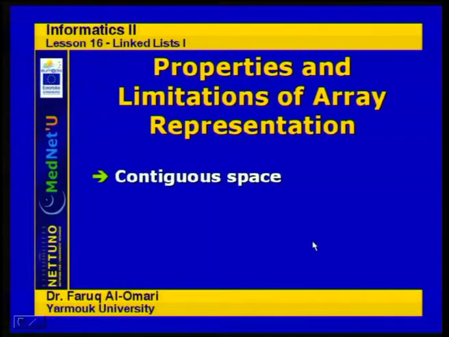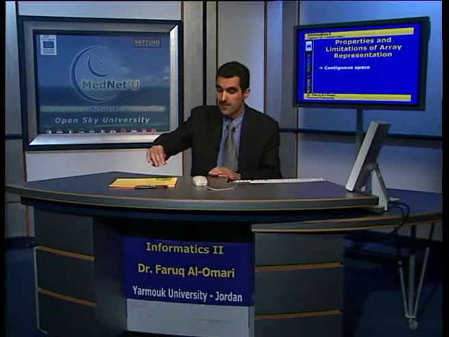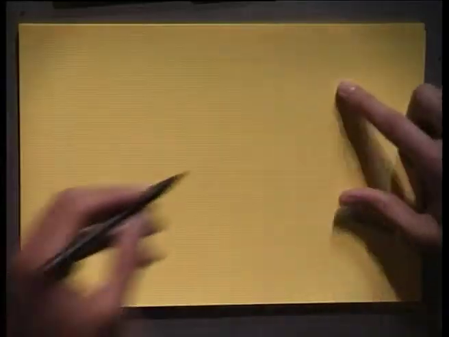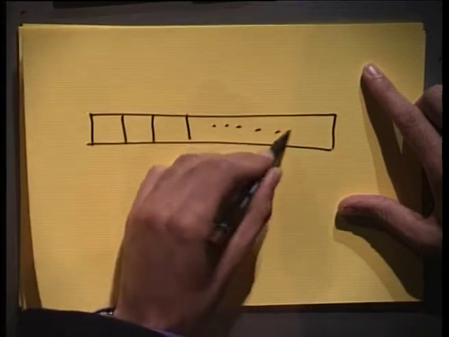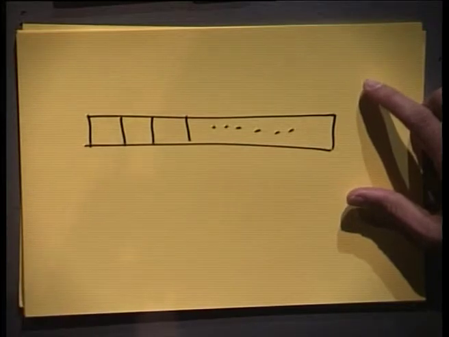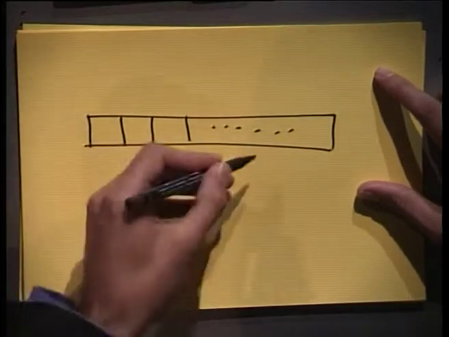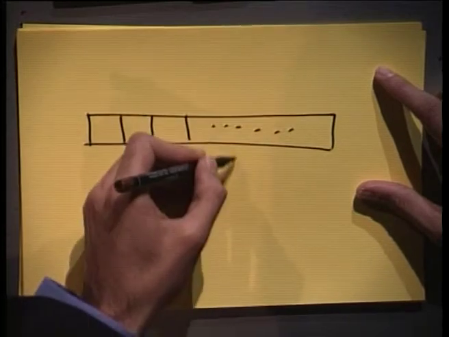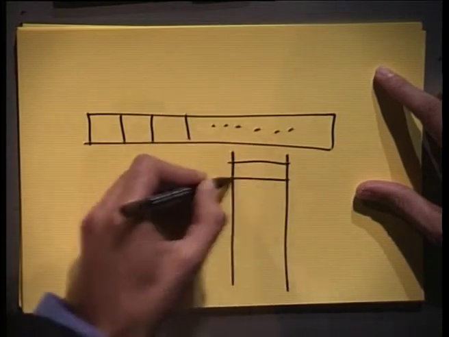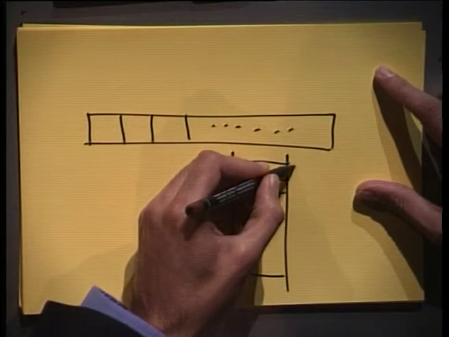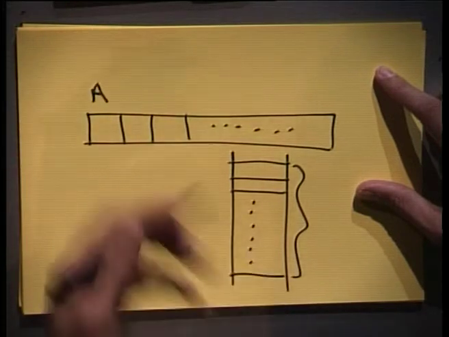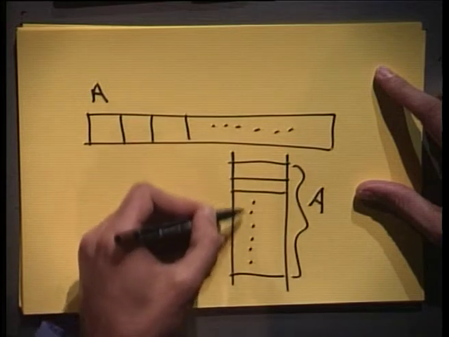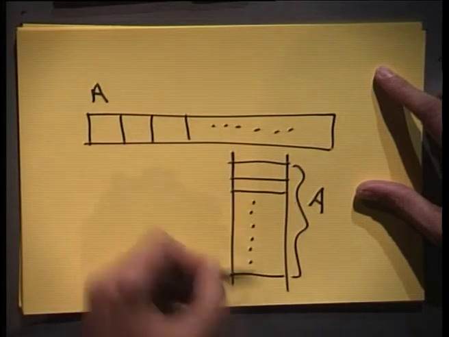Okay, let's start from the first thing. Properties and limitations of array representation. Well, the very basic idea about array representation is that it is contiguous space in the memory. So given that my array is defined as this, in the memory, the way this structure is actually implemented is where we have contiguous locations in the memory comprising this array. So if this array, let's say, is called A, then I will reserve in the memory contiguous locations of whatever type, whatever data type this array is going to hold,